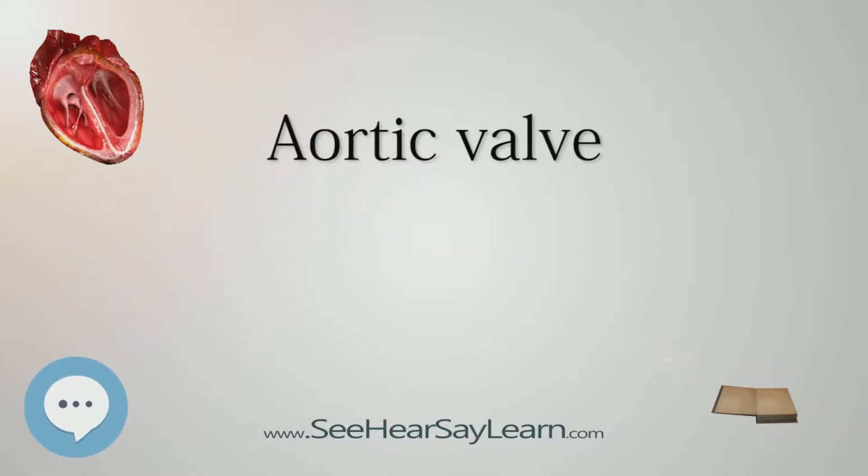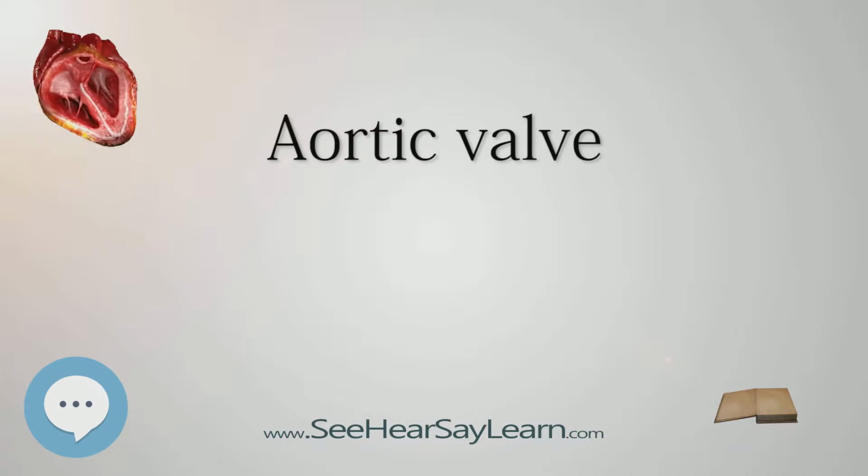The aortic valve is a valve in the human heart between the left ventricle and the aorta. It is one of the two semilunar valves of the heart, the other being the pulmonary valve. The heart has 4 valves and the other 2 are the mitral and the tricuspid valves. The aortic valve normally has 3 cusps or leaflets, although in 1–2% of the population it is found to congenitally